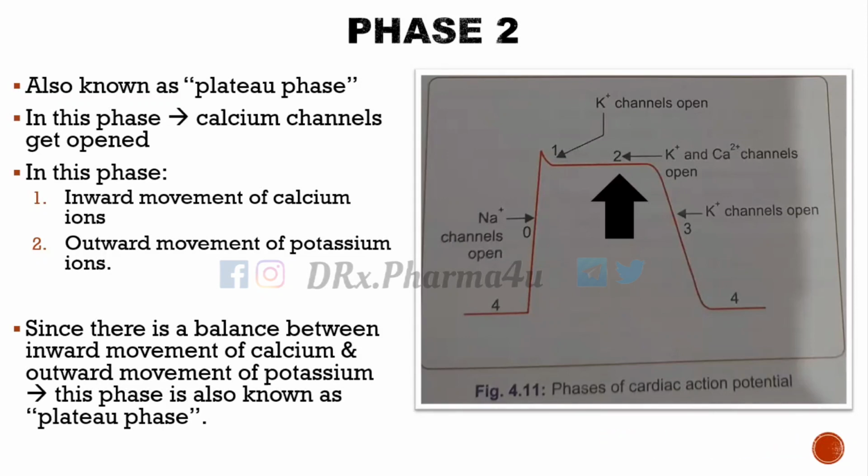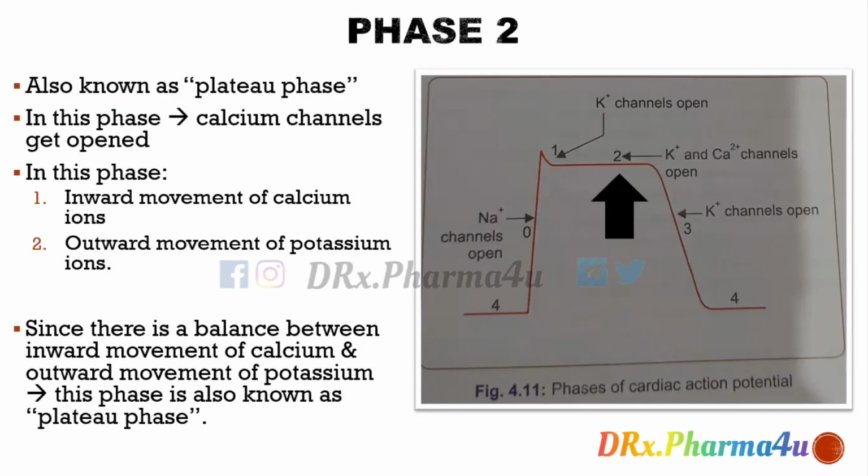So in this phase, calcium channels get open. There is actually a role of potassium channel also, but potassium channels have lesser role to play here. Calcium channels have more role to play here. So in this phase, there is inward movement of calcium ions. That means calcium ions enter into the myocardial cells, and there is an outward movement of potassium ions. So this is what happened. This is like an exchange. So calcium goes inside and potassium goes outside. Since there is a balance between inward movement of calcium and outward movement of potassium, this phase is also known